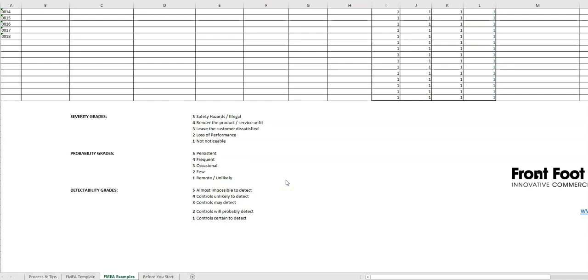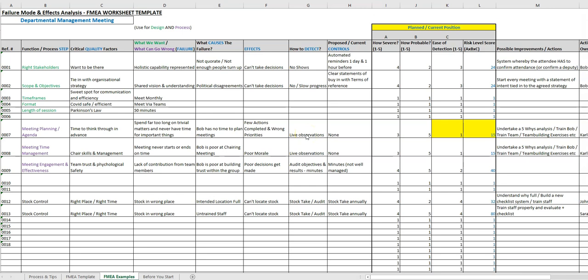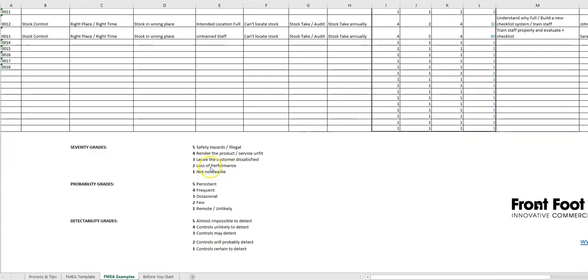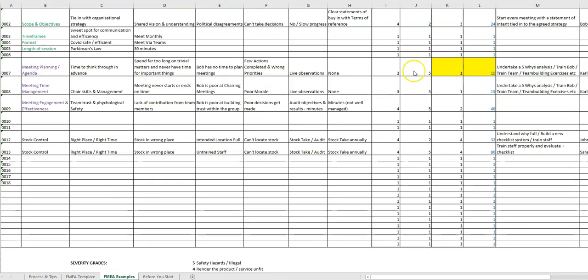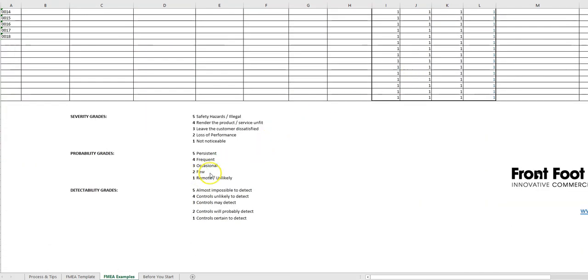Make sure that you get the whole team to agree these scores and descriptions before you begin the FMEA process. In our stakeholder example, I've scored a 4 for severity. If you can't make decisions, you're wasting everybody's time, and I would argue that the service is unfit. It's a 4. Probability. Well, we're still in design mode here, but I would argue, based on experience of other